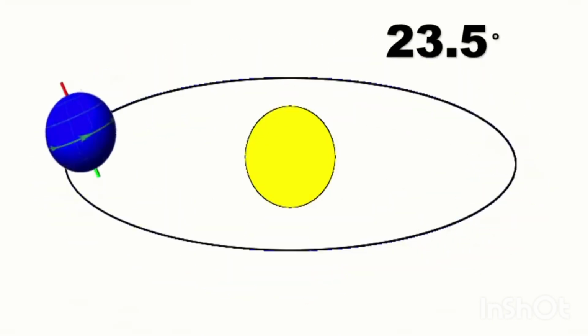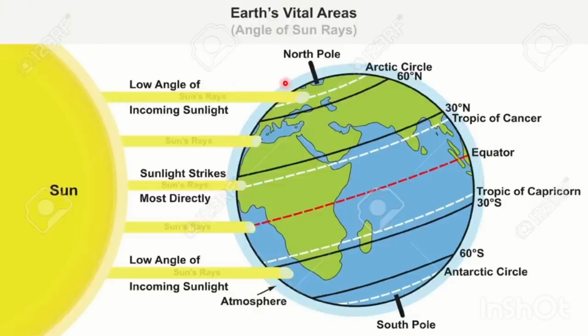Sun's rays strike vertically in the places near the equator or in tropical regions. This makes the temperature higher in these areas, and Philippines is near the equator. That is why we are a tropical country. Areas in temperate regions have 4 different seasons, while the polar regions have low temperatures resulting to a cold climate.